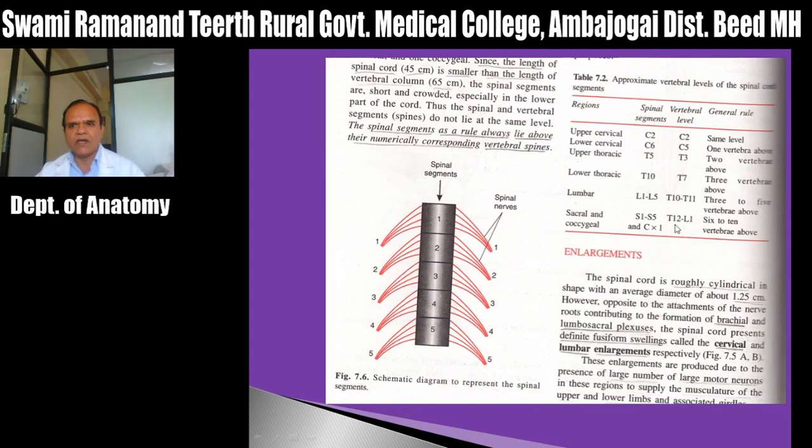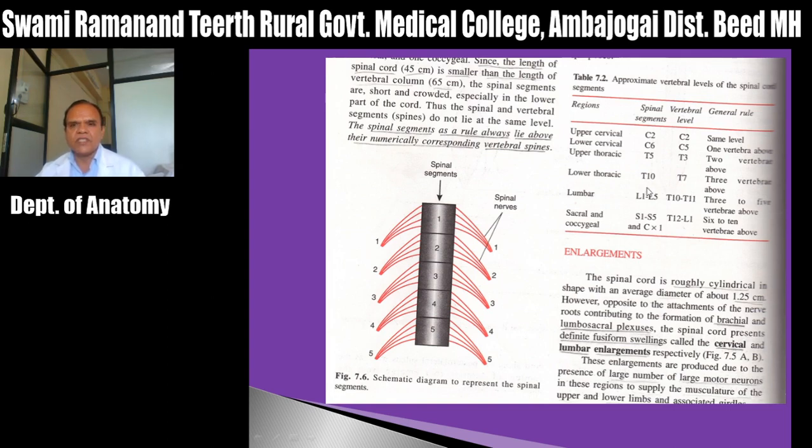Whereas at the level of T12 to L1 vertebra, all 5 sacral nerves are located, S1 to S5, and coccyx. So at the level of T12 to L1, the lower 5 sacral nerves and coccyx. Whereas at the level between T10 and T11, all lumbar nerves, L1, L2, L3, L4, L5. At the level of T9, as I have told you, T6 to T9, you have to add 3. So at the level of T9, there will be T12 spinal segment.